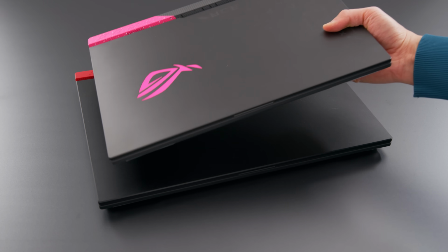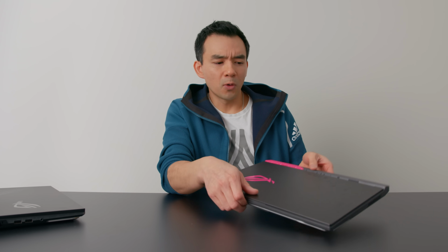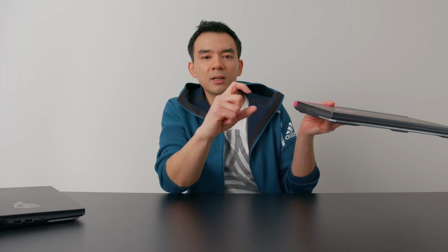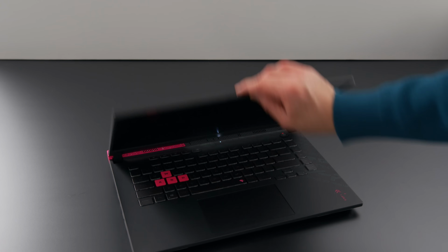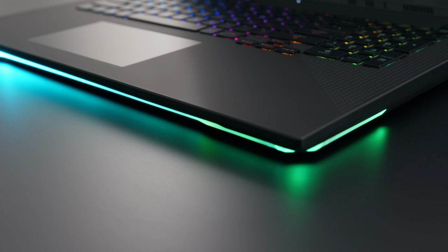Okay, let's close this off with these devices. So these are the Strix laptops. There's a 15-inch model as well as a 17-inch model, and these tend to be a little bit thicker. Asus doesn't focus too much on keeping these guys super thin. They have good performance, but they tend to be a little bit chonkier. They of course have the new AMD CPUs, also running liquid metal, as well as up to an RTX 3070. And the displays on these go up to a 300Hz 1080p panel or a 1440p panel. And of course, you have the underglow. I know the Strix laptops have a relatively unique glow that some people like,